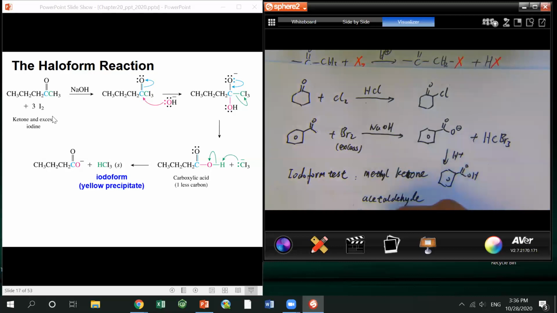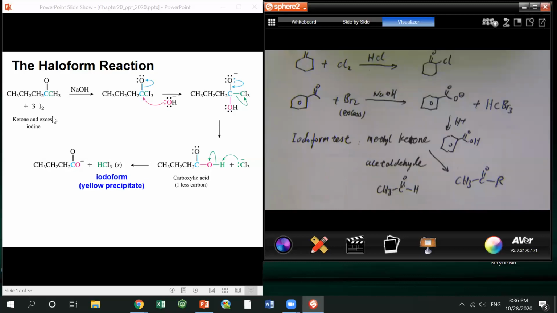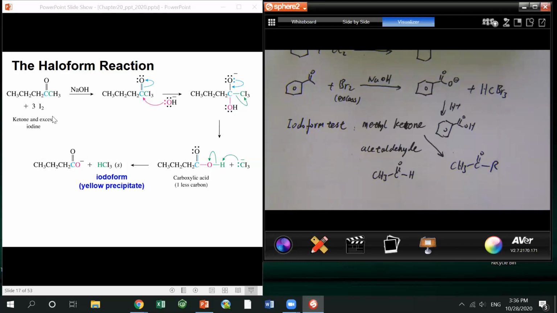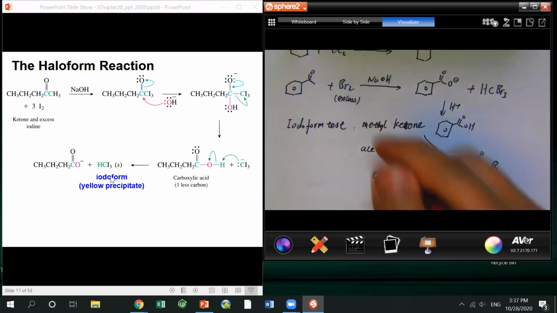So acetaldehyde has this structure. A methyl ketone has some R group. Because all of them can generate the iodoform product, you just deprotonate this methyl group and then give the iodoform product. And if you take a second look at the iodoform test,